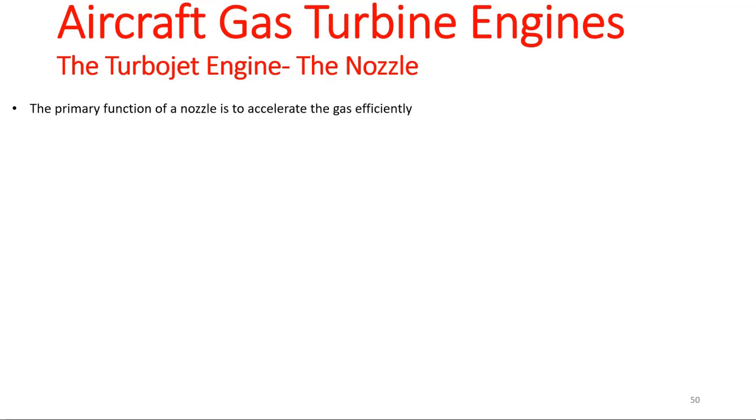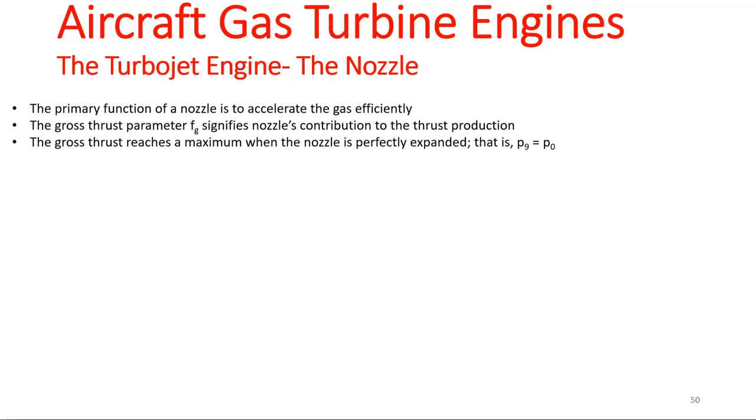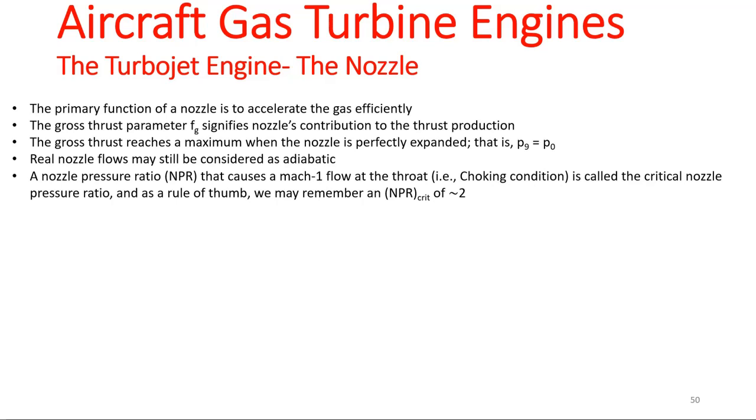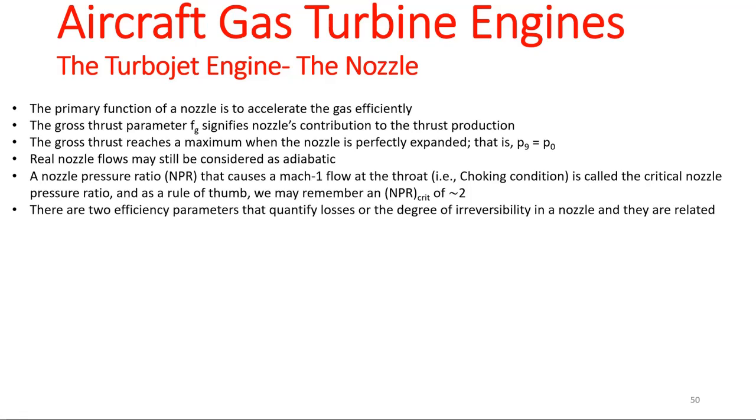Let's summarize whatever we discussed in the nozzle. The primary function of a nozzle is to accelerate the gas efficiently. The gross thrust parameter signifies the nozzle's contribution to the thrust production. The gross thrust reaches a maximum when the nozzle is perfectly expanded. Real nozzle flows may still be considered as adiabatic. A nozzle pressure ratio that causes a Mach 1 flow at the throat is called the critical nozzle pressure ratio,